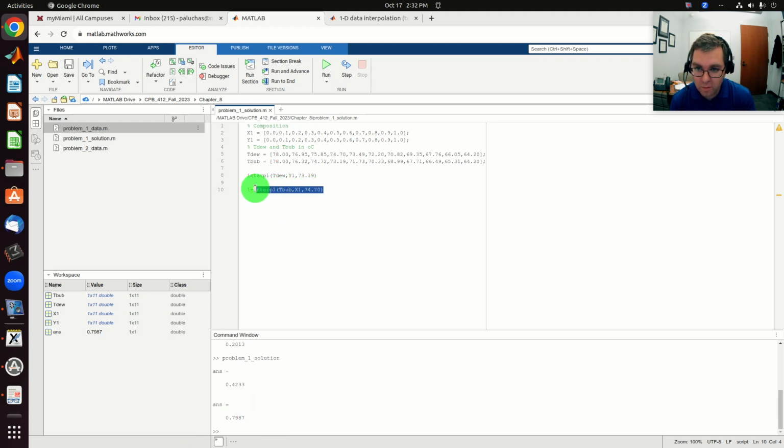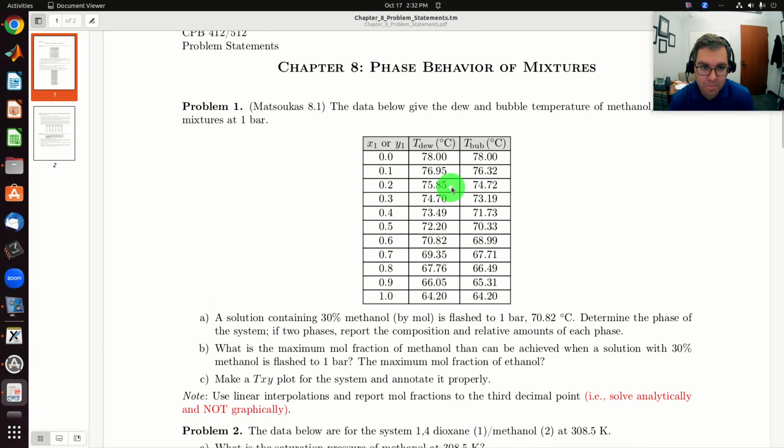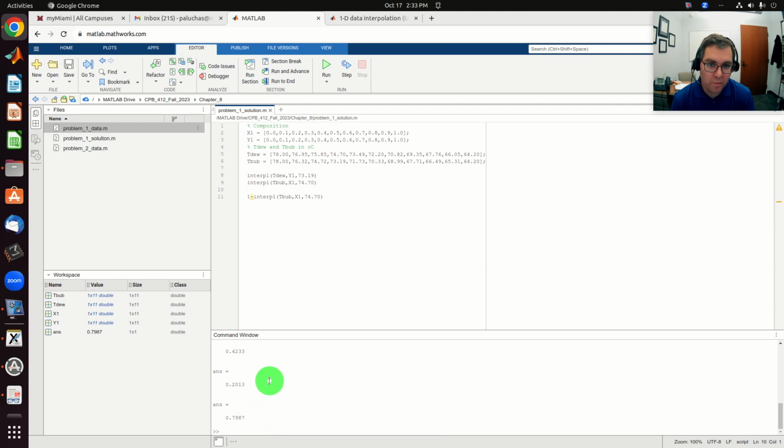Okay, so I'm going to do both. So this is y1 max, that's x1 min, and then 1 minus it is x2 max. Okay, so let's see, is 0.2 reasonable? Well, if I look at my tabulated data, here's T_DO. Now I'm looking for when T_bubs is 74.70. It's going to happen right about 0.2 here. It's between 0.2 and 0.3, closer to 0.2. Right, so our value of 0.2013 seems reasonable for x1 min, and that's going to correspond to an x2 max